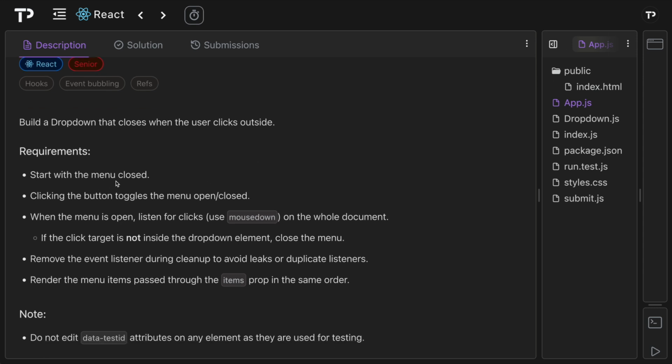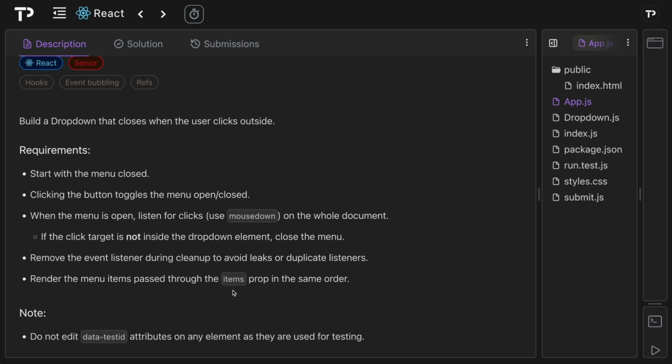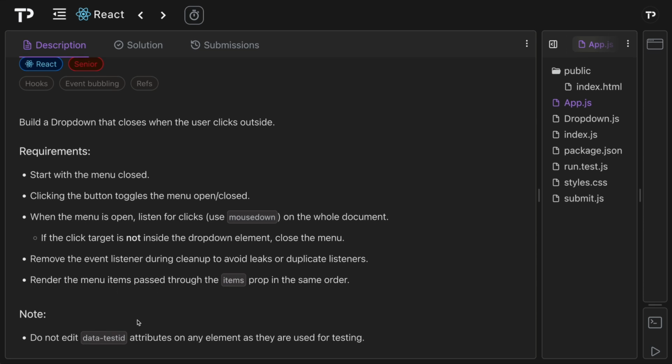So we start with the menu closed. Clicking the button toggles the menu open or closed. When the menu is open, we listen for the clicks using the mouse down on the whole document. If the click target is not inside the dropdown, close the menu, and then remove the event listener during cleanup to avoid leaks or duplicate listeners. We want to render the menu items passed through the items prop in the same order. And as always, do not edit any of the data test ID attributes on any element as they are used